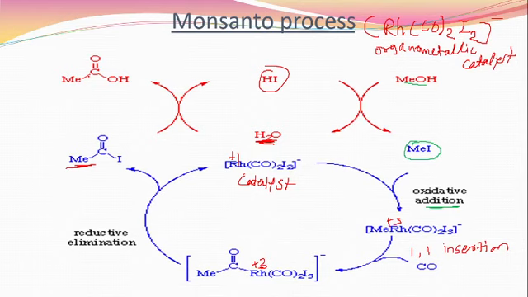I hope you understand this process. This is a very important process, and the question related to this process is what? Which catalyst is used for the Monsanto process, and which reaction takes place in this Monsanto process. In this reaction, MeOH gets converted to what? The MeCOOH acid. Okay, and then what is the oxidation state of the rhodium? Questions like this are also asked on this topic.